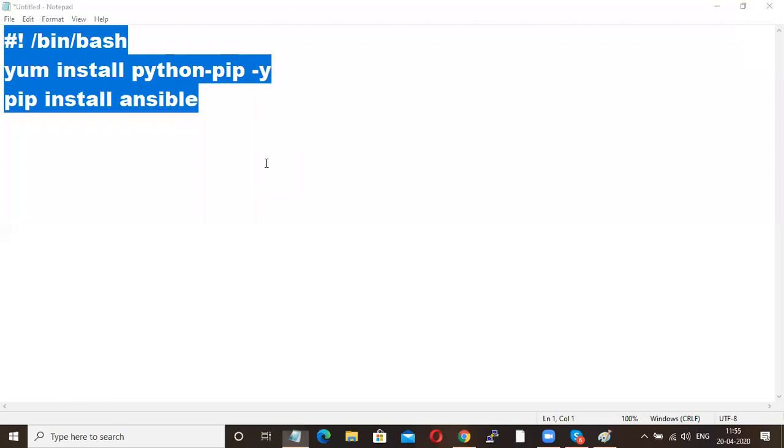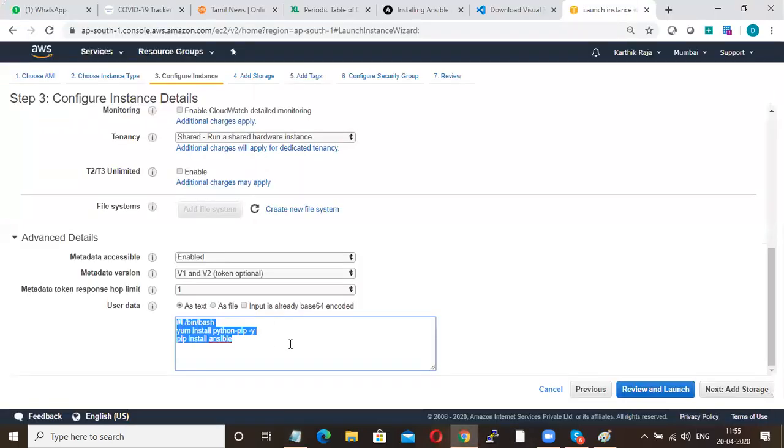What if I specify this script in user data? What will happen is, in all my 4 machines, Python will be installed, pip will be installed, and Ansible will be installed, so that I can minimize some manual steps. But as I said, it is not mandatory to install Ansible in all the 4 machines. If you install Ansible only in the control machine, that is fine.